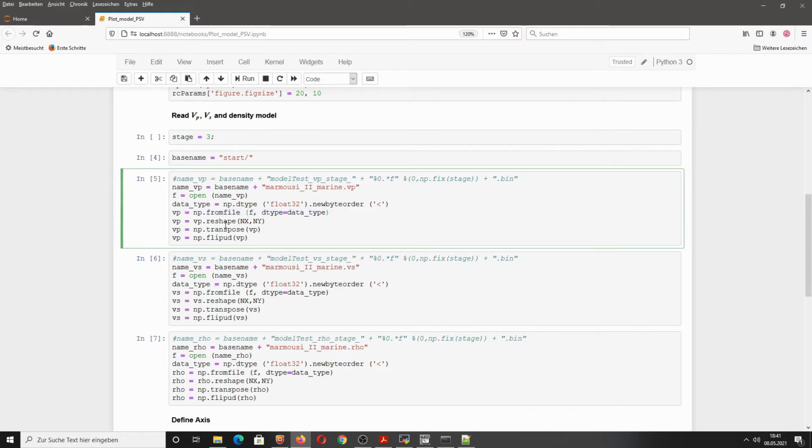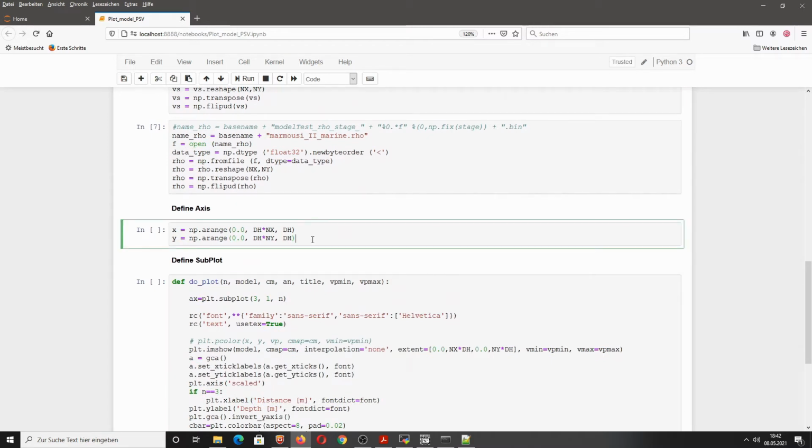But for display purposes it's better to really use a matrix. So you can reshape the vector into a matrix and then display the model itself in 2D later on. You have to do these operations: first reshape, then transpose it, and then also flip up down the matrix in order to visualize it correctly later on.